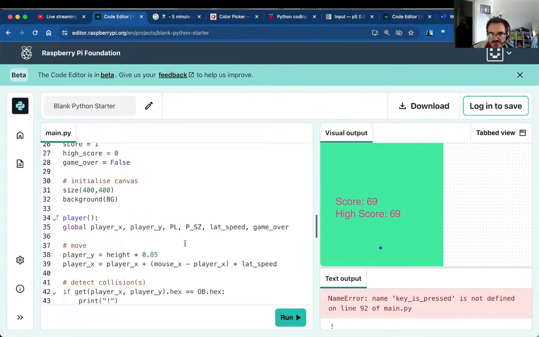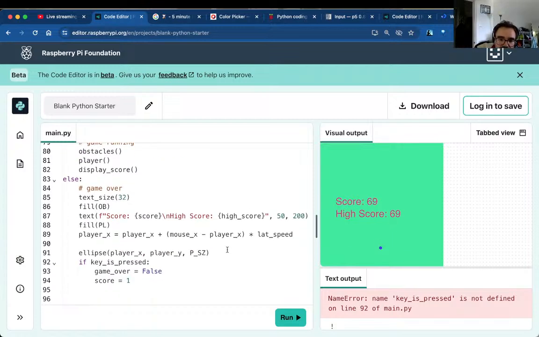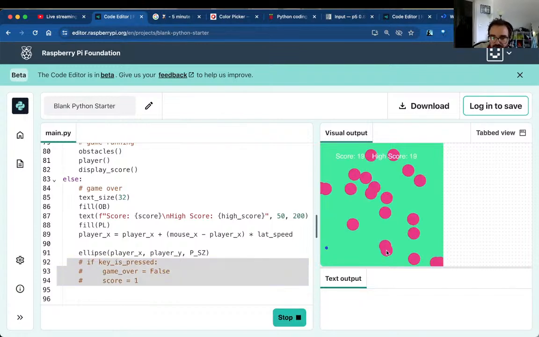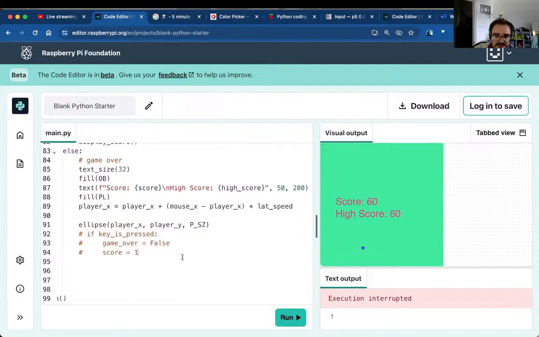Boom. Key express not defined, that's fine. That's why I'm writing this whole thing. I now still have the player, and when that moves, well, it doesn't if I've got this stuff, but that's fine. Try it again. Game over. And then I can move the player. Excellent. And so now I'm going to display simply a